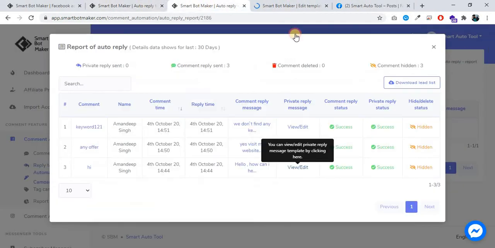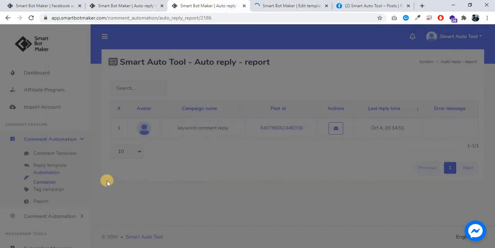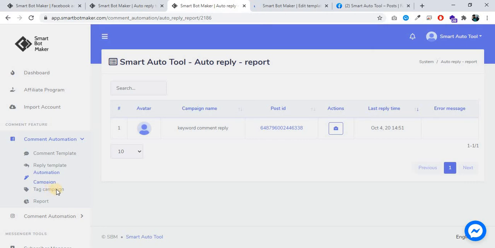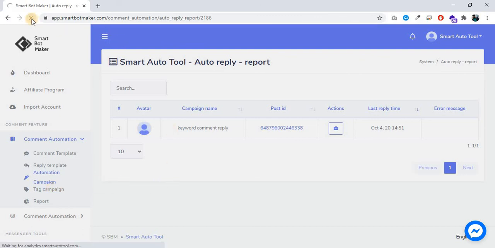Okay. Now the next feature is tag comment. Click on tag campaign.